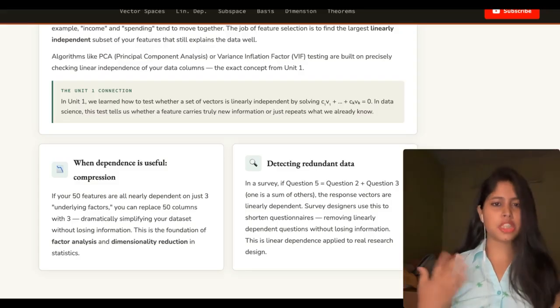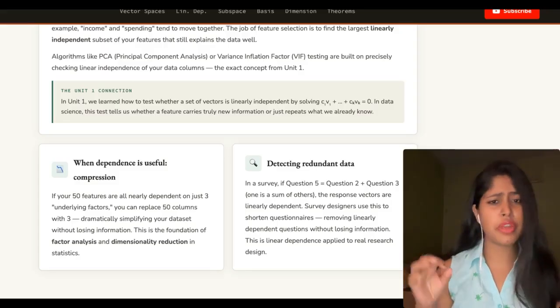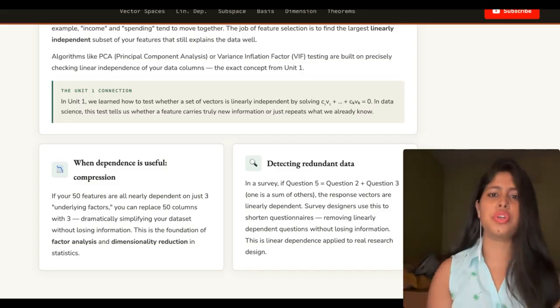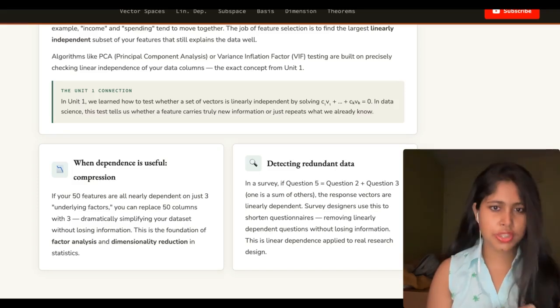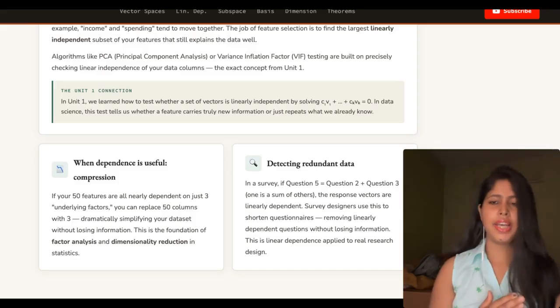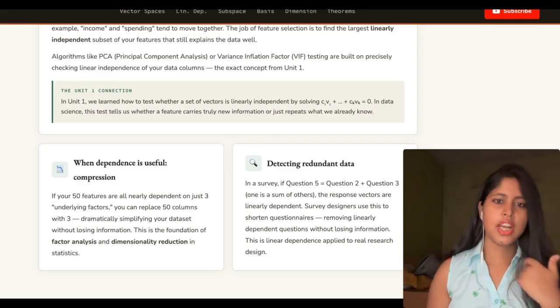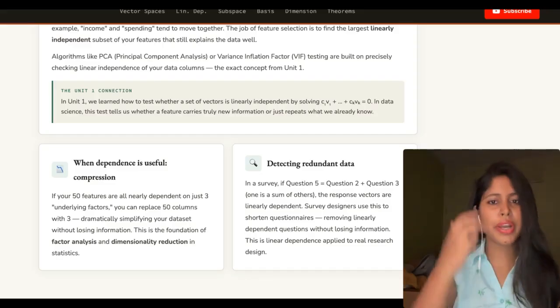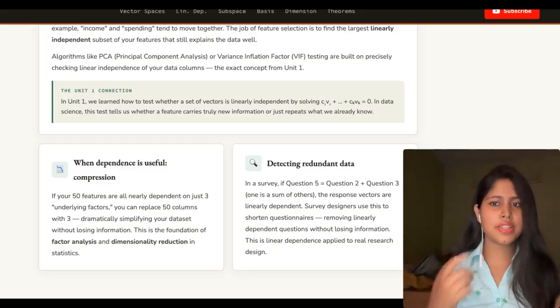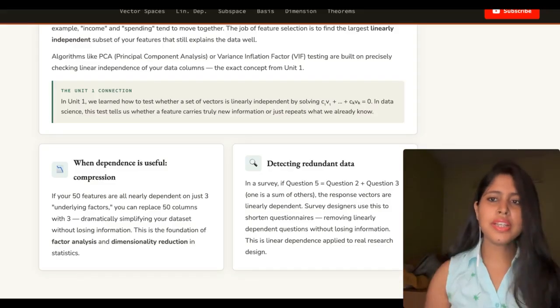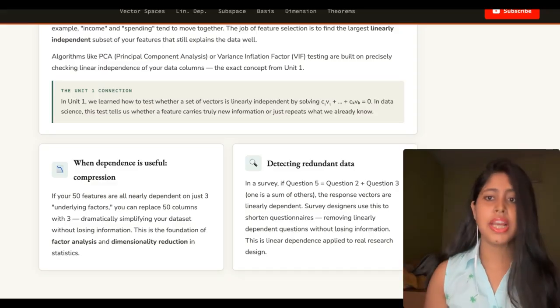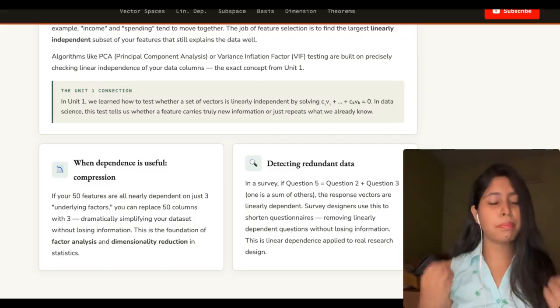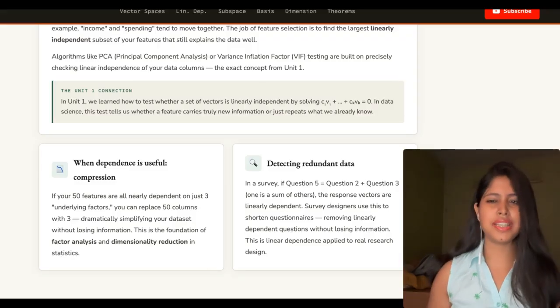But before that, let me explain another example, which is very important and very easy to remember. Suppose you accidentally include both temperature in Celsius and temperature in Fahrenheit as separate features in your data set. Fahrenheit equals 1.8 times Celsius plus 32, right? Now, one is a linear combination of the other. They are linearly dependent vectors. Any model you build will fail completely because these two columns contain zero additional information beyond each other, right?